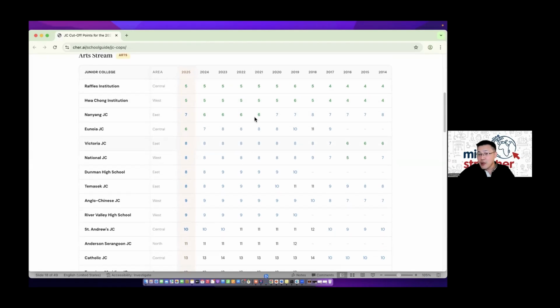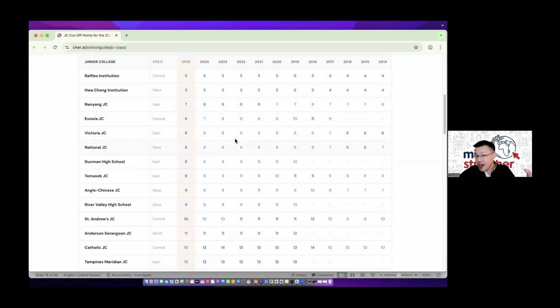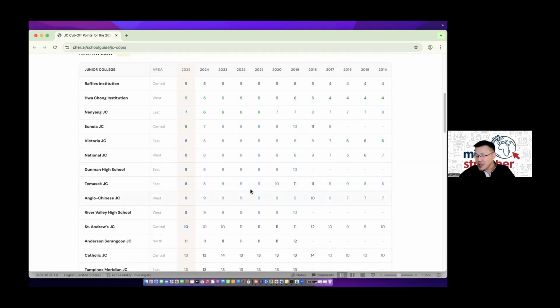In fact, you can already see across all the schools, right? Just from year to year, at most is a plus minus one. So let's say last year was a 5, it will drift. If it drifts, it will be drifting one down or one up, right? So at most plus minus one. You very seldom, in fact, if you just look across here, see a 2, and 3 is almost unheard of over here, right?